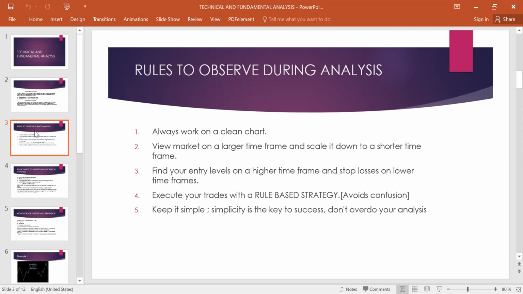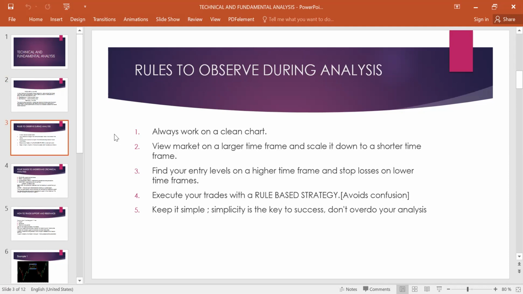Before you begin doing your analysis on your charts, you need to make sure that your charts are always clean, that you have no indicator on that chart. It's plain, it's only the charts. If it's candlesticks, let it be candlesticks so that you can always have a good view of how the markets